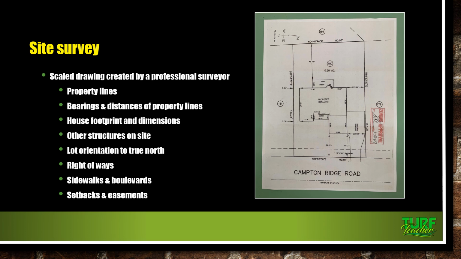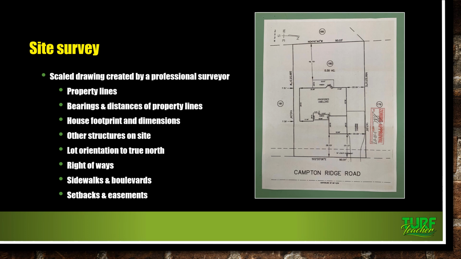So basically that line is from north in a southerly direction, westerly. Well, that's how you would draw the line. From north, you're going to do your degree angles. Not far, because it being 86 degrees, because true north is the 90 degrees. It's off to the left just a little bit, and it goes through that point, and you would draw that line 143.34 feet. It also shows the house footprint and dimensions, other structures on site, the line orientation to true north,